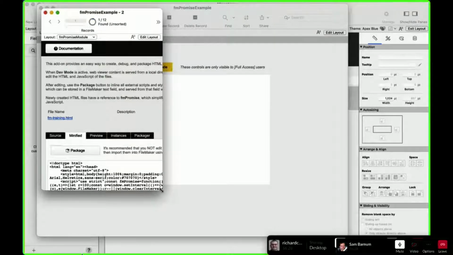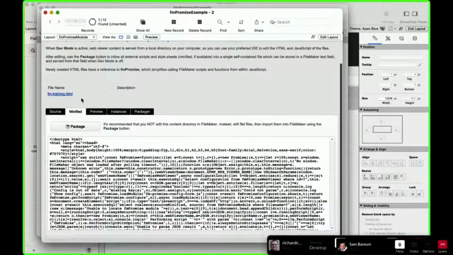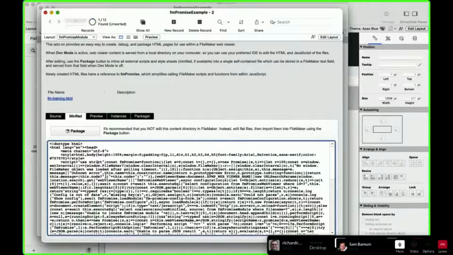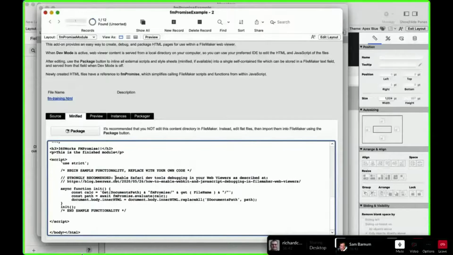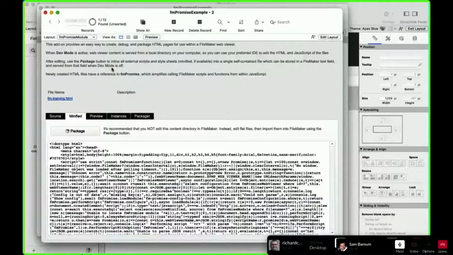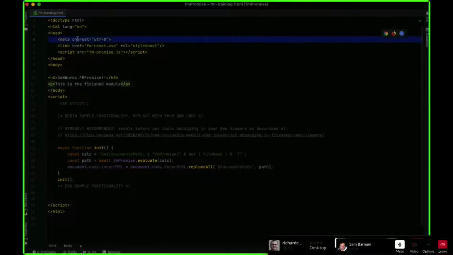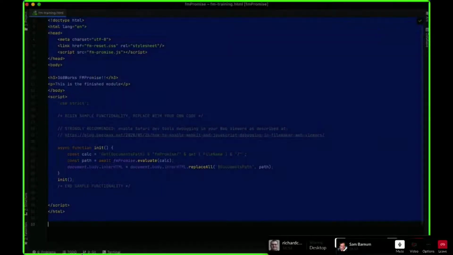So we've packaged that up, and now we've got our HTML file stored in the modules table in a text field. The other interesting thing that it did is it inlined all of the external dependencies into a single file. So there's a CSS file that's linked to, let me show you, over at the top. Actually, let's look at our template one by one.